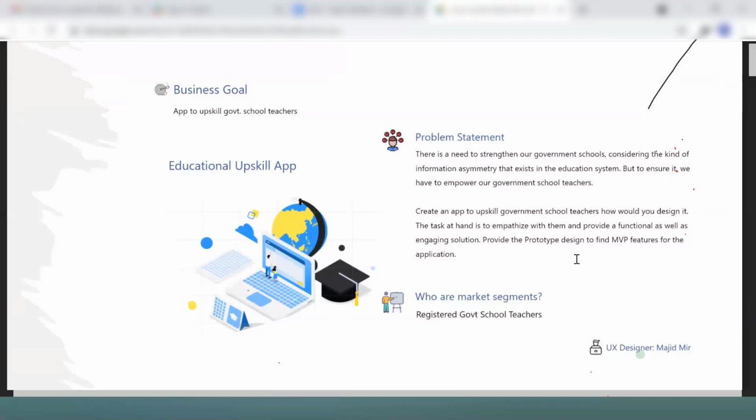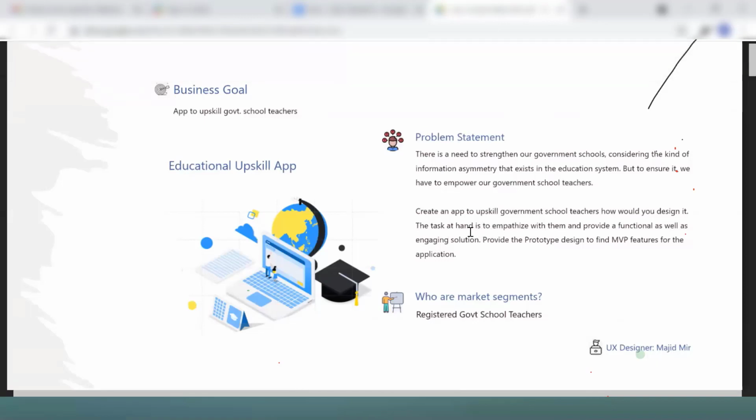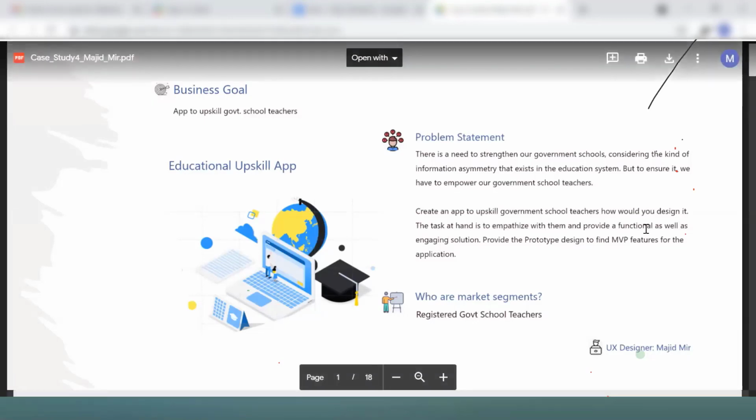So they want an application through which government school teachers will be upskilled. Now you analyze, because this is the data you need to analyze here. Just go deeper. They are saying the task at hand is to empathize with them and provide a functional and engaging solution.